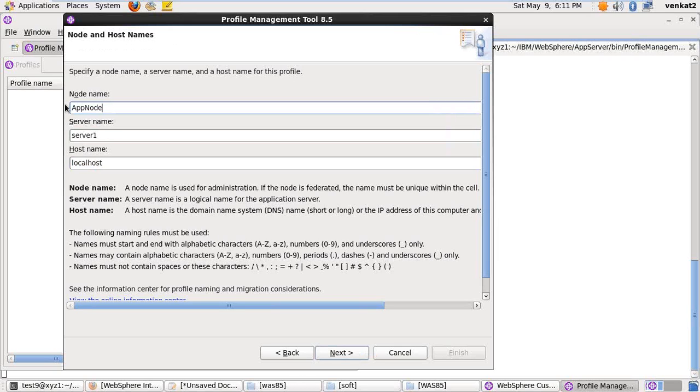Okay, so server is the server name. Server one is inside the application server profile, right? Yeah, that server will be in the app server profile. Correct. Okay. So Venkat, in the host name, in a real-time environment, it should be the IP address or the